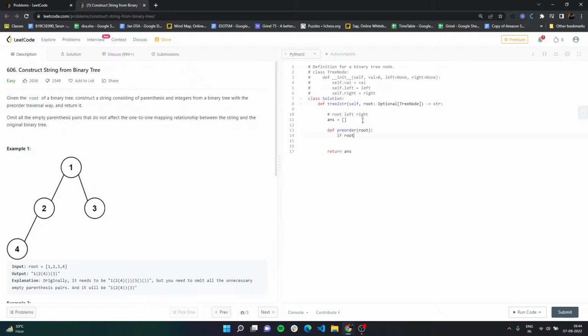I can also say if root is none, in that case you just return. Otherwise what you do is that you have temp, which is string of root dot value. Alright, now what you are gonna do is you're gonna go to left, which is pre-order of root dot left, and you're gonna go to right, which is pre-order of root dot right, and you're gonna say if